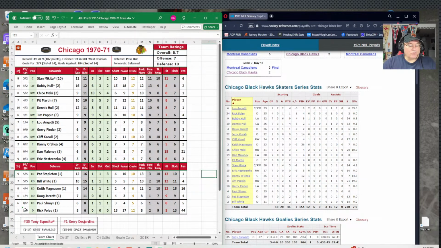Every now and then you get this little triangle here. Click on the cell and ignore the error, and that'll get rid of the triangle because I think it does print the triangles. So you don't want to have that. So I think that's looking pretty good right now for my Chicago Blackhawks